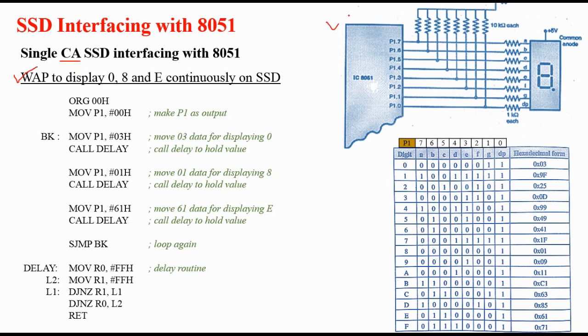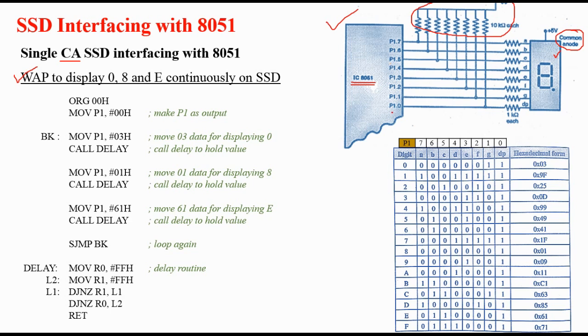Firstly we will interface our IC, that is 8051 microcontroller, with this 7 segment display. It is common anode. It means that one of the terminals will go to 5 volt and the other terminals we will interface with the port pins of 8051 through some resistors. Now you are observing this one, this is called a pull up resistor. Actually port 0 of 8051 doesn't have any pull up. Now if you want to interface anything to port 0, then you compulsorily require those pull ups.